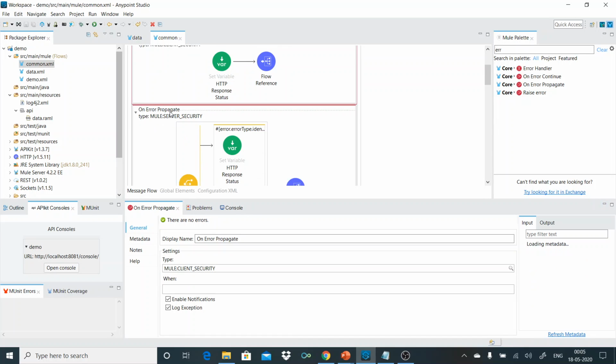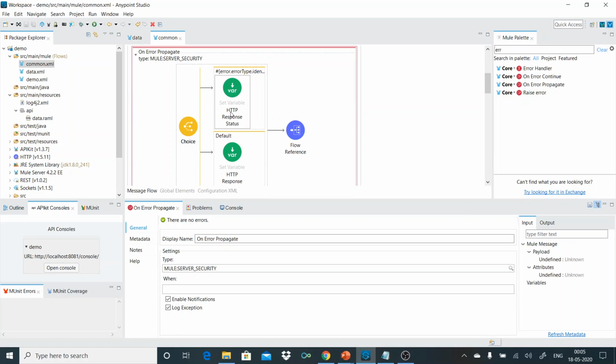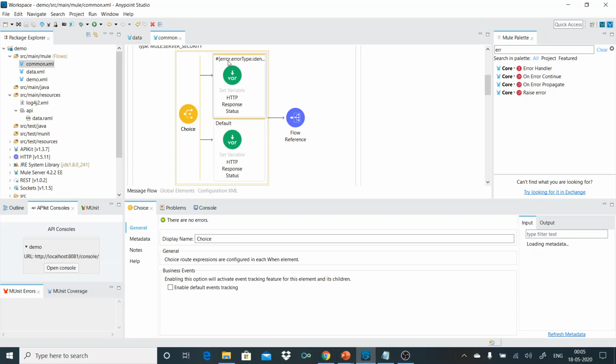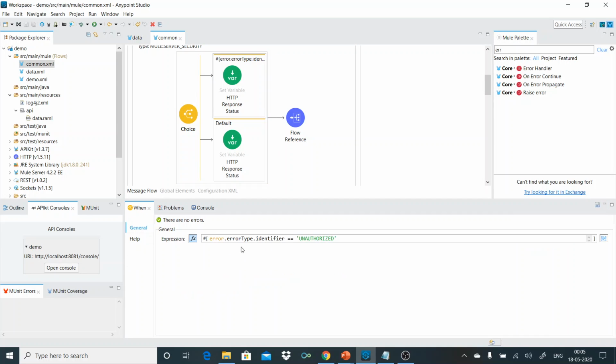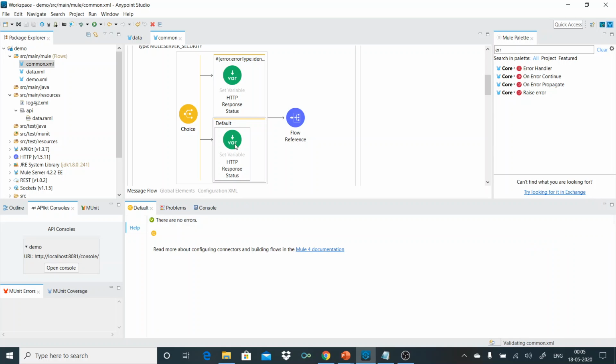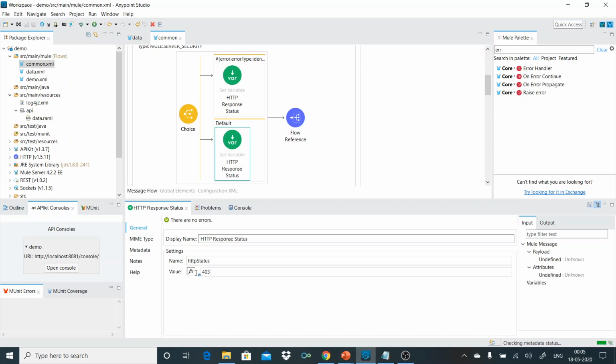Next up is the Mule server security. If some other user is passing wrong credentials to my API, I want to handle it and send a response accordingly. So I have implemented a choice router, and in that I'm checking the identifier: if it comes under unauthorized, I'll set the status code 401, and if anything else comes, I'll set it as 403.